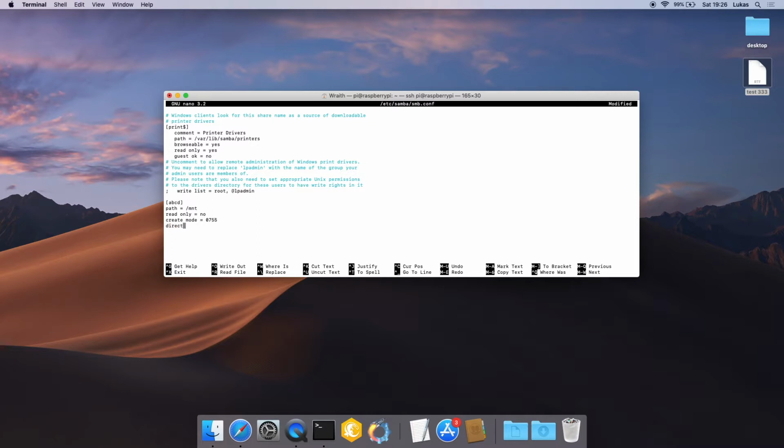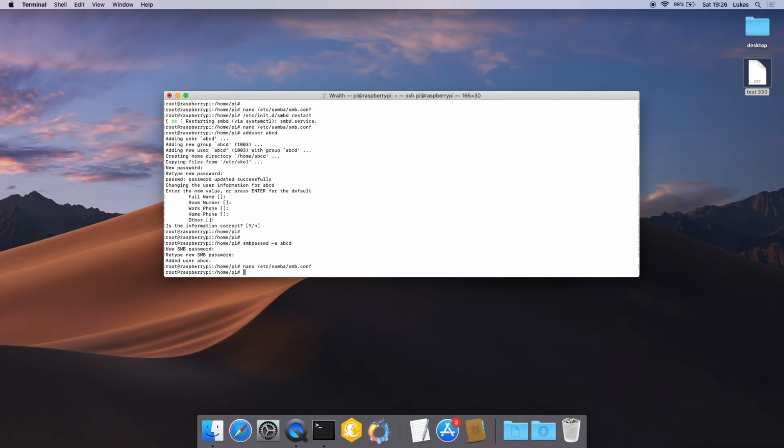So directory mode the same, browseable, of course yes, and valid users access only for ABCD. Just save, restart the Samba service,